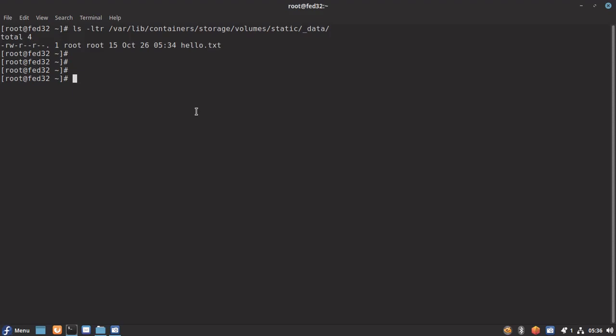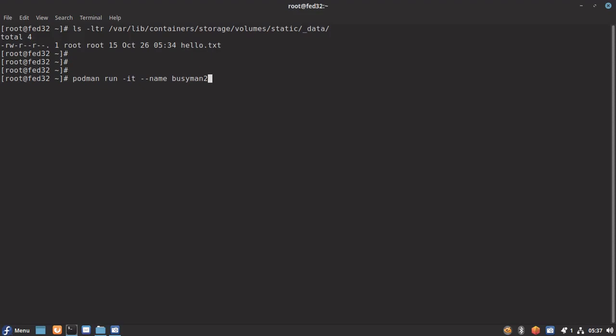Now what we will try to do is create one more container with a different name, and try to map this persistent volume onto that container and see what happens. Okay, so let me create one more container, podman run interactive --name busyman2.